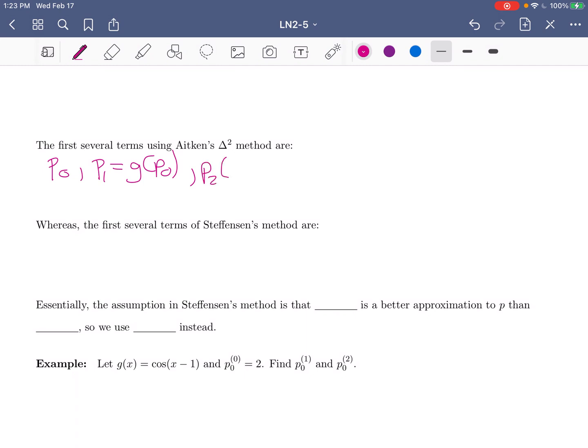To get P2, we would evaluate the function at P1. And then, with Aitken's method, we'd say, oh, we have those three values. We can perform Aitken's method. So we'll get P0 hat